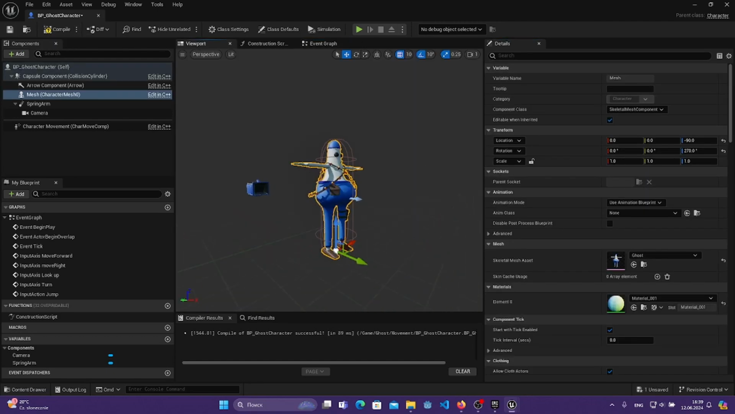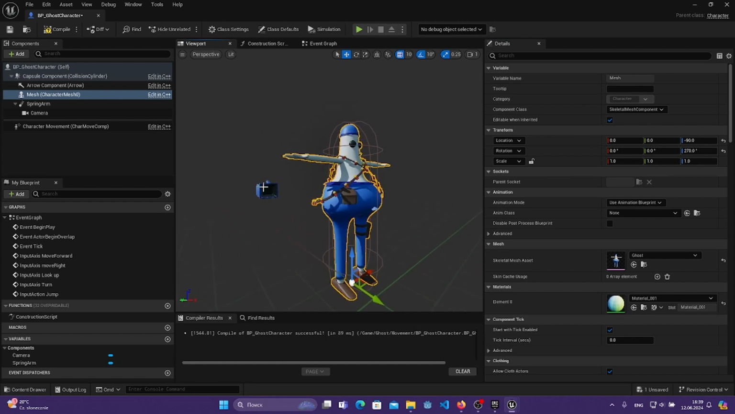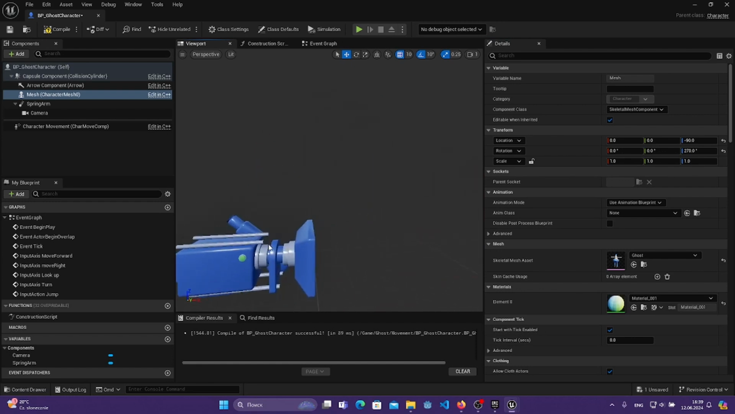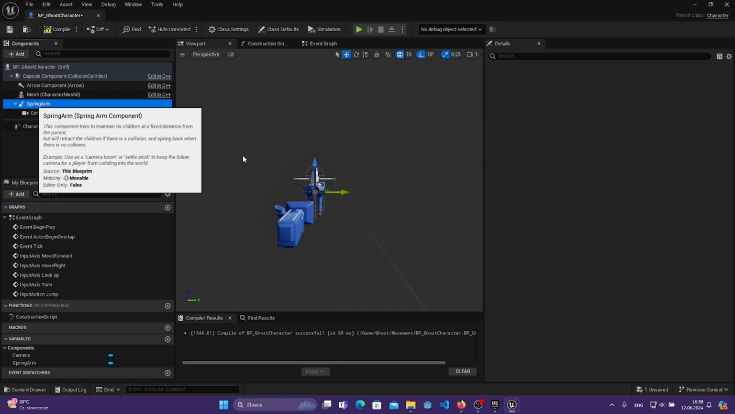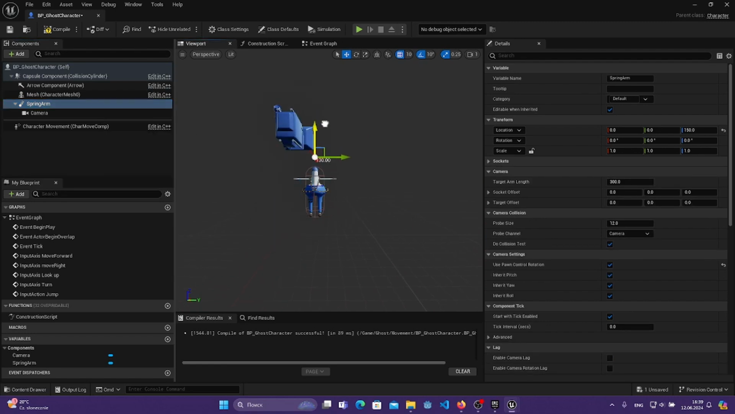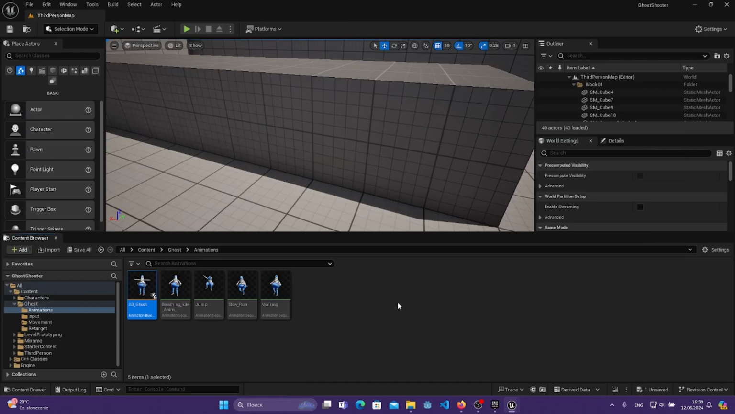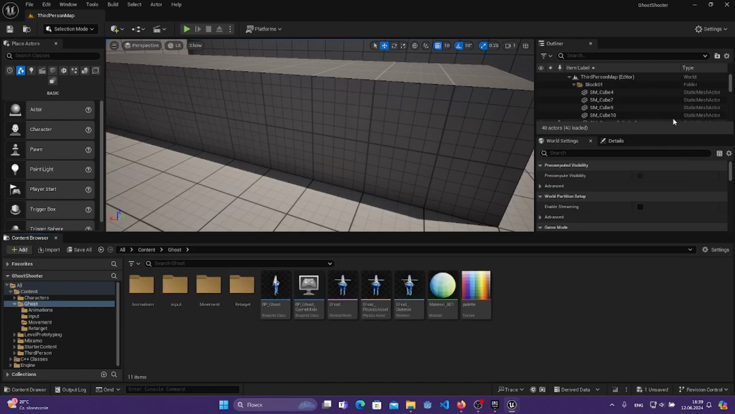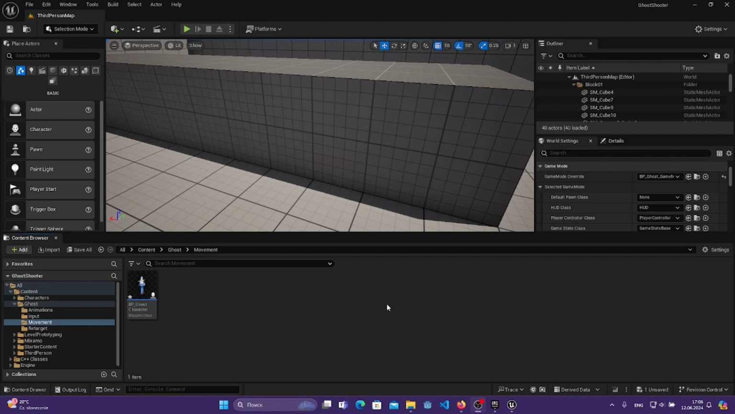Oh, as you see, our character is not animated. Let's also move our camera like that. I think it's gonna be okay. Let's go here in world settings, select also, yeah. Now let's go here, save everything, and to test our character,